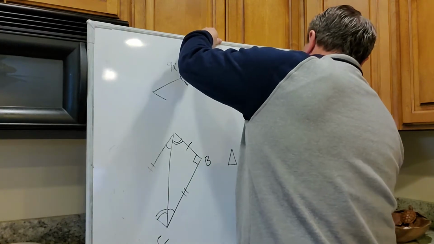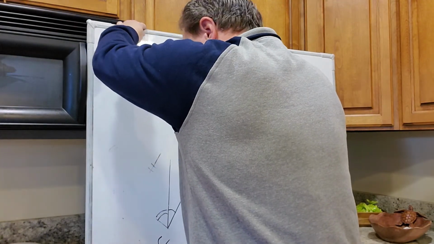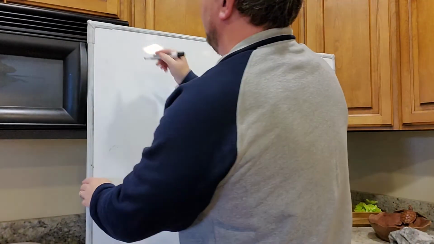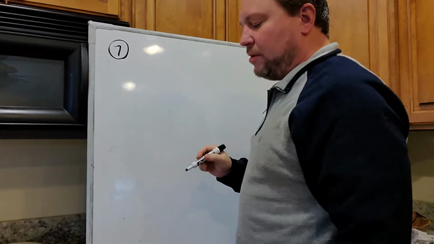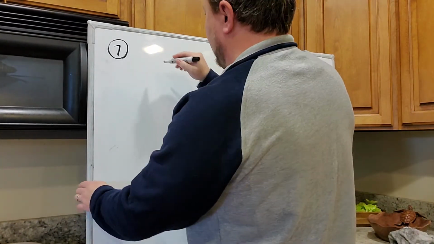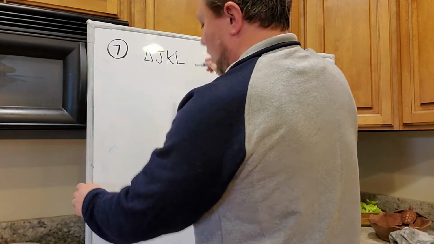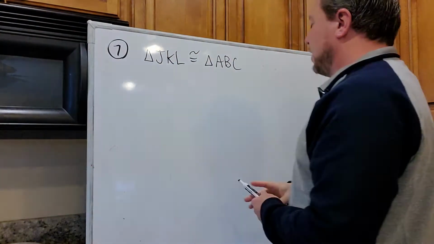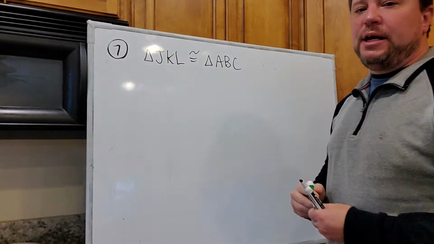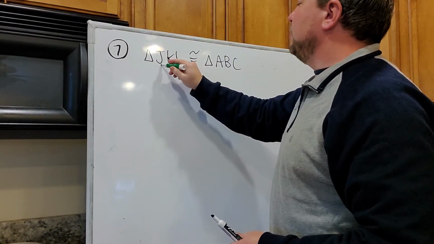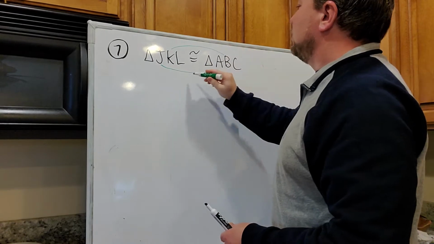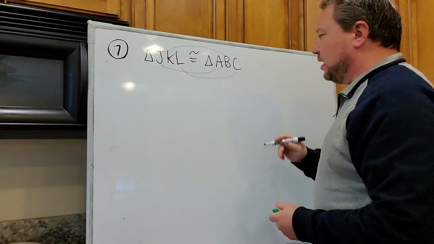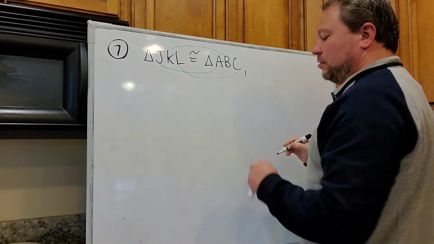All right, that gets us up to problem number 7. Okay, on problem number 7, they make a statement right at the beginning that triangles JKL and ABC are congruent. Okay, what I just mentioned a little bit ago comes into play here then. Don't forget that it's very important, the order of the letters. Okay, because then they go on to say that not only are the two triangles congruent, but then they tell